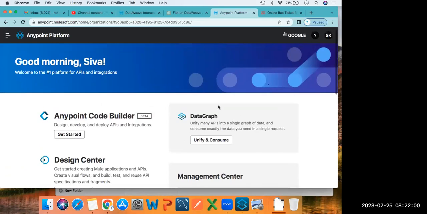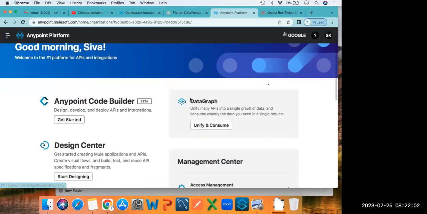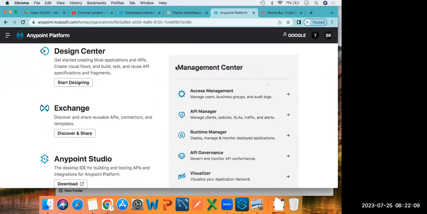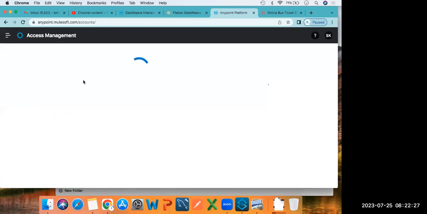And Data Graph is the new one. Up to now, I haven't used this Data Graph in my project. Now Management Center. In this Management Center, we have so many things. Access Management, just now I explained to you, right? At the time of creation, in Access Management, we can create a user. So if you click on Access Management,